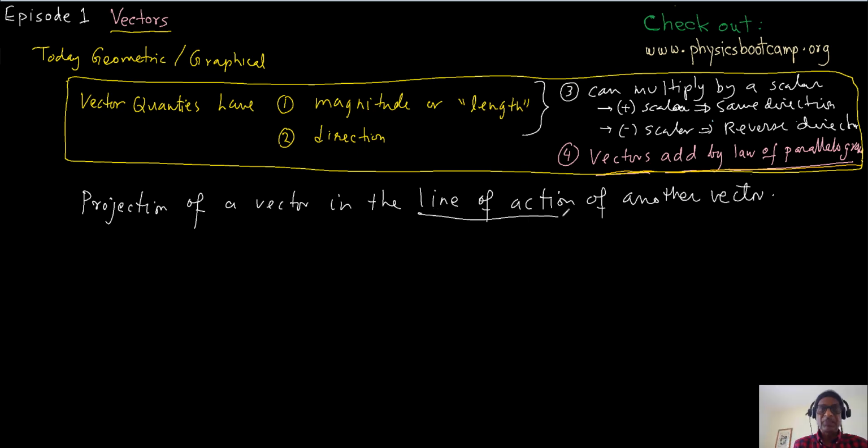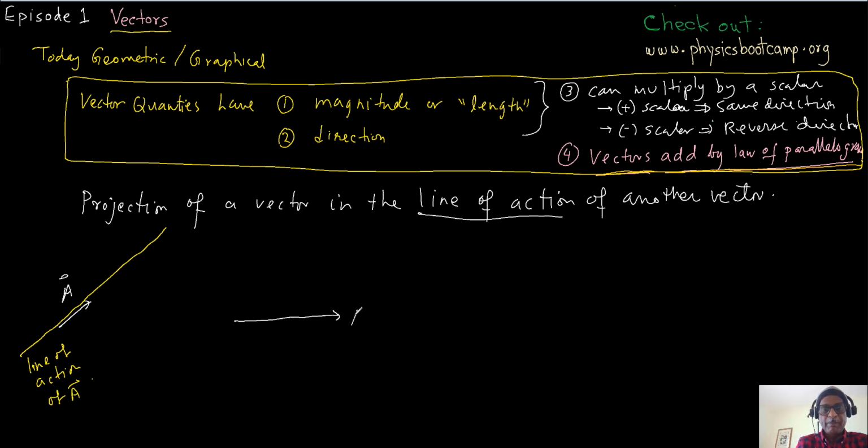So let's see, what is line of action? Line of action is, if I have a vector A, draw like this, extend back and forth, this is the line of action. Okay, so let's see, suppose we have a vector A this way,